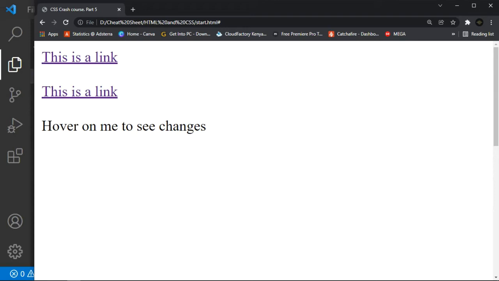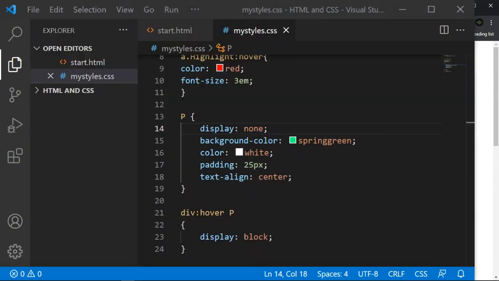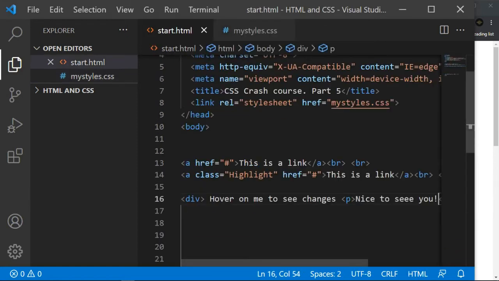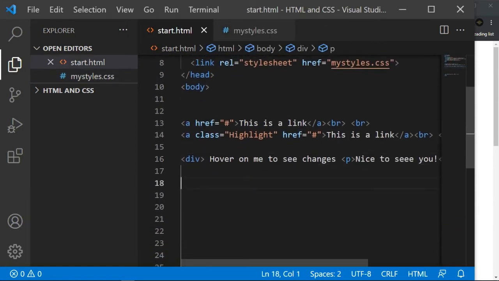And then now let's try to talk about another stuff, which is the child pseudo class, the first child pseudo class. So with this one, it will now affect the child of another element, the first child of another element. So for our case, let's create some paragraphs here to our HTML, actual HTML, and then now